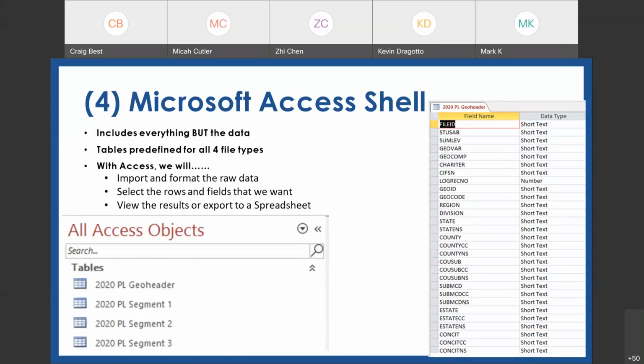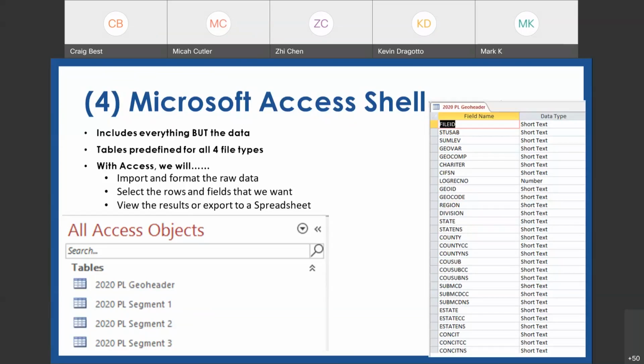Number 4 is that Access shell itself, with the Microsoft Access table that I'm going to open up and show you. There are already tables defined in that for the 4 files that we're going to import for Iowa. And for each of those tables, of course, you can see on the right side, the geographic header file. It's a little more readable as you look through that, but it shows you how the fields are broken out. And that's important because you want to get all this raw pipe delimited data into the right format, into the right table. And obviously that's critical.